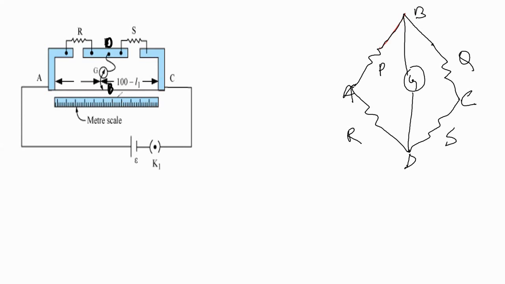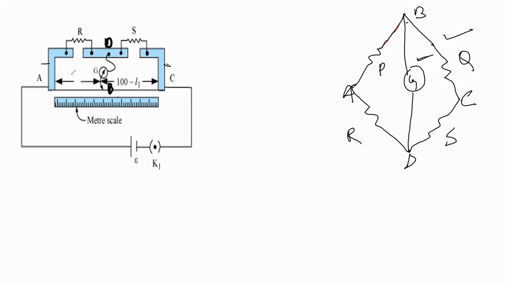Now the connections have been made in such a way that if you correlate this Wheatstone bridge diagram with the meter bridge, it will be easy for you to understand. Between B and D points, a galvanometer is connected. So between this B point, which is on the scale, and D point here, which is in the form of a screw, these are the copper metallic strips and these are the screws. Between B and D, you can see the galvanometer is attached.